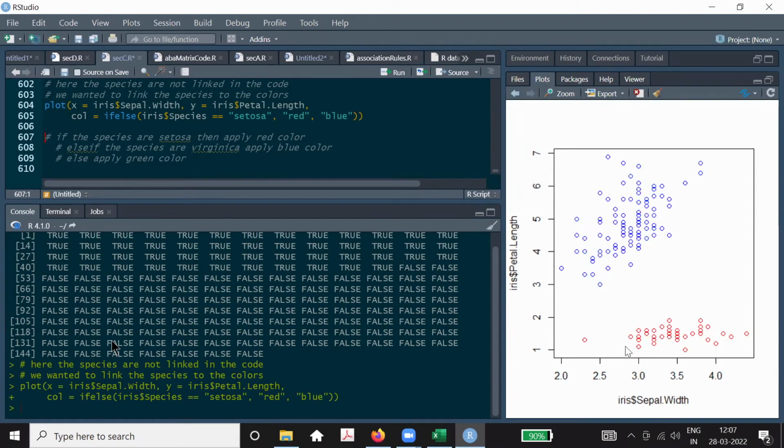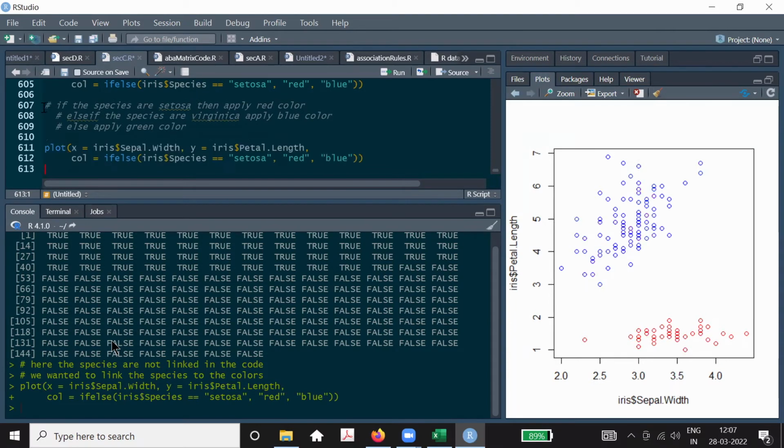Simran, is your point clear now? Yes, sir. These all belong to some group called setosa and these belong to the other two groups. But our coding is not complete, we do not want to put all of them to blue, we also want to segregate. So let's write that too. Instead of writing blue here, I'm just putting enter, it will bring the cursor exactly to this point. Now two are left, virginica and versicolor. So I have to write one more condition, so what will I write here,